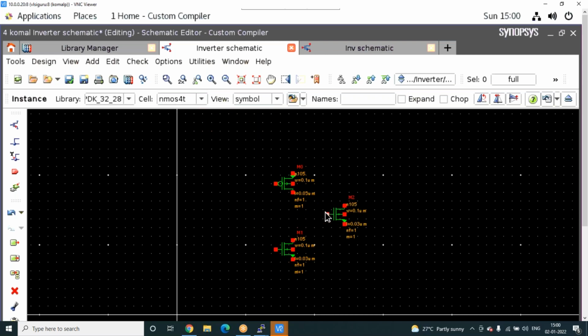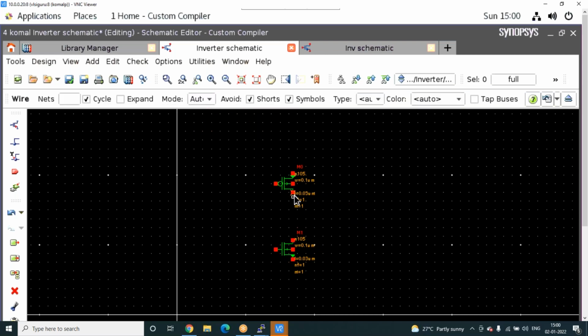Whatever I do, I am doing just now using the tool. If you press W, the wire will become the connection.